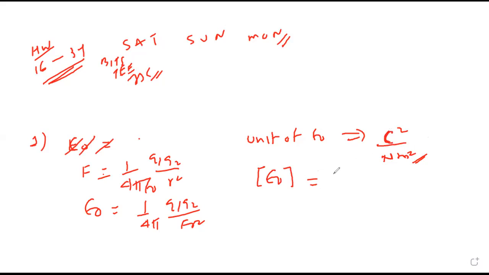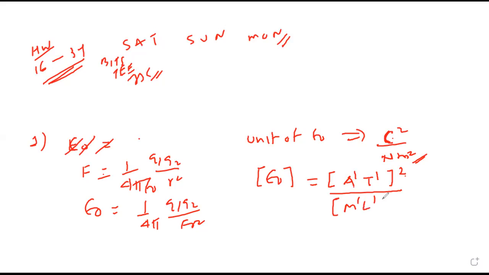Yes, sir. Coulomb is charge. Charge is nothing but I times T. So in dimension it is written A1 T1 raised to 2 over Newton. Sorry, but which question is this in the textbook? Page number 44, first term, multiple questions having only one correct option. Yes, I got it. Thank you. So epsilon naught has Coulomb square, which is nothing but A1 T1 square.